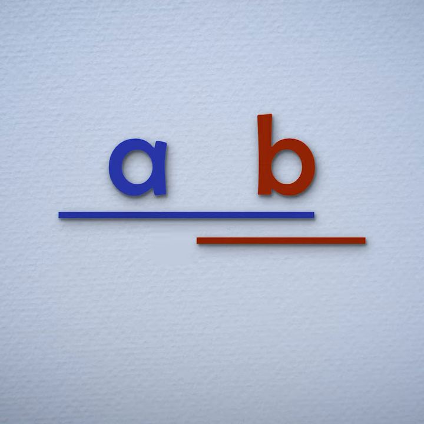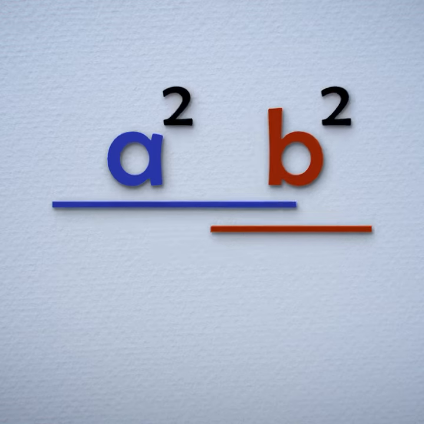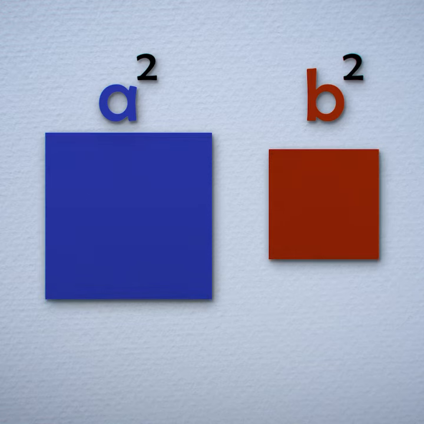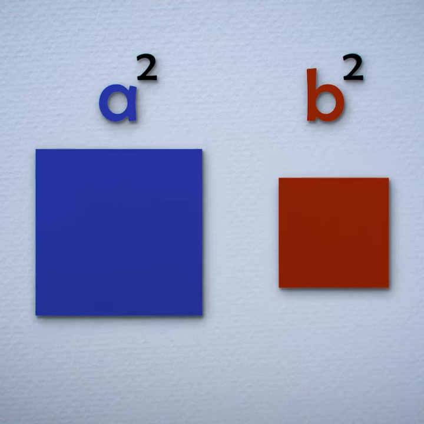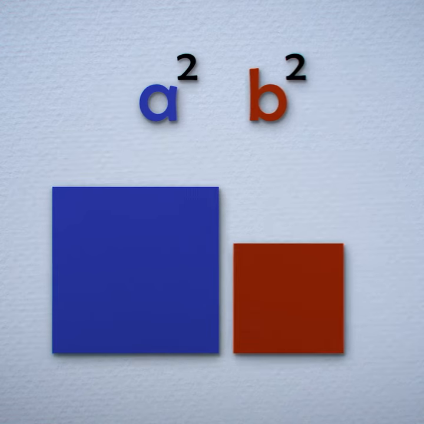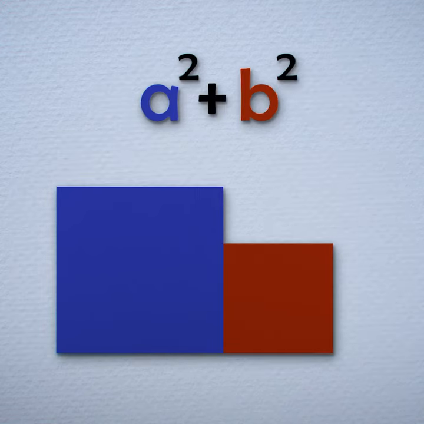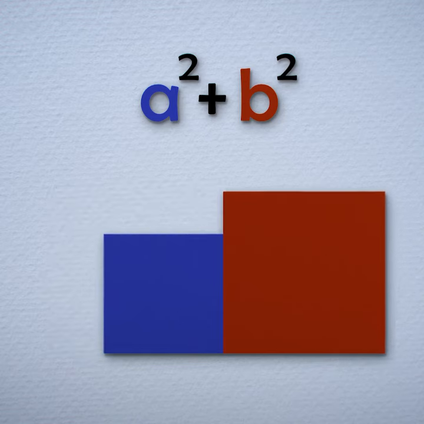To create the idea of a and b squared, we can turn those segments into squares, with areas of a squared and b squared. We want to know how to describe the area if we were to merge these two squares together. Since the quantities of a and b can change, we need to find a pattern for how to